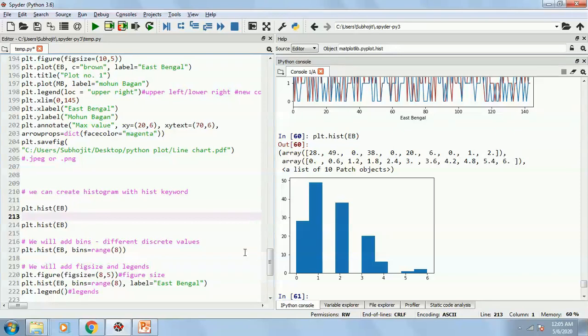Okay, how many discrete values should I be creating? How do I do that? Bins equals to, I can write range 8. Range 8 means it's always n minus 1. If I write 8, that means it's going to create 7 bins: 0, 1, 2, 3, 4, 5, 6, 7. What it means,